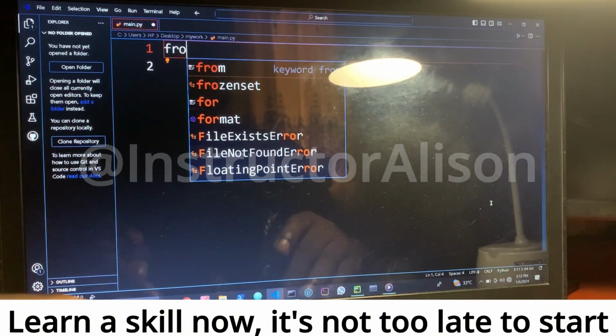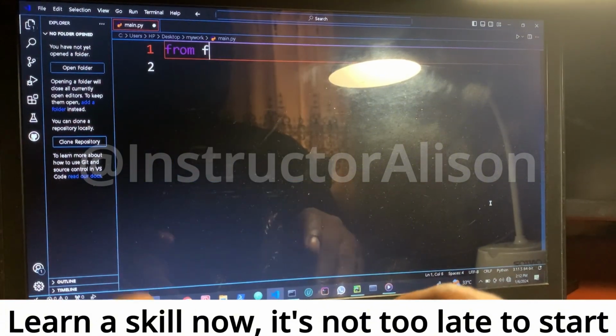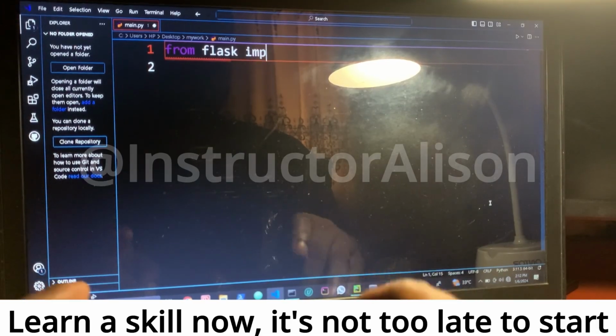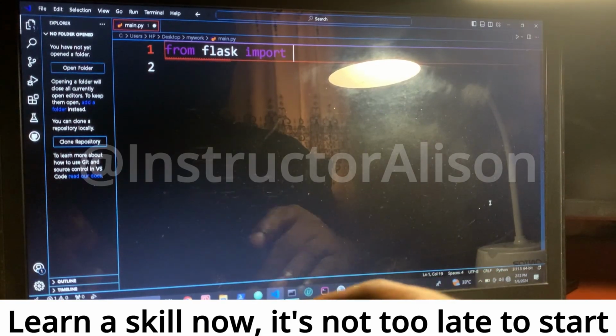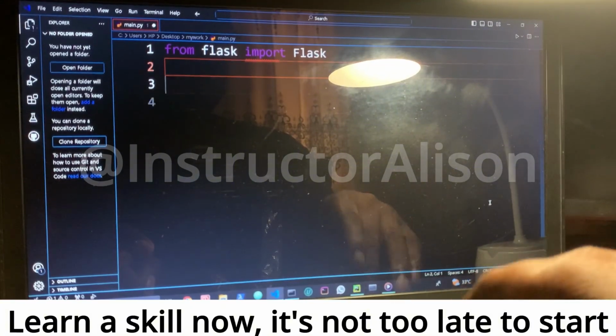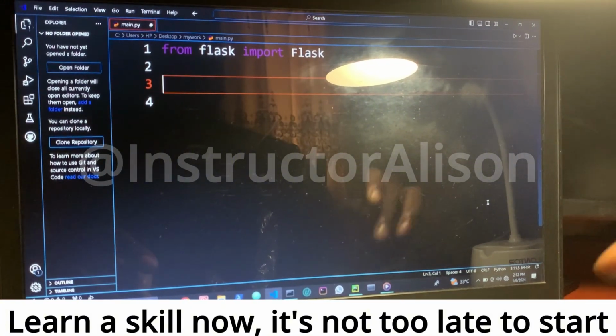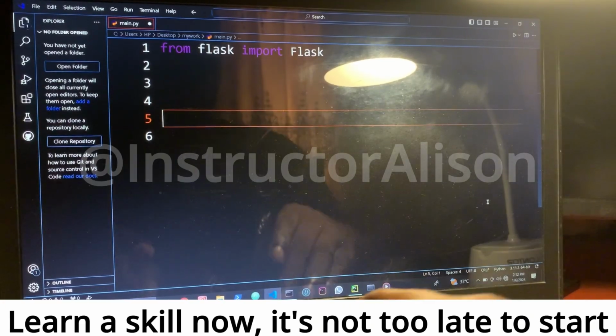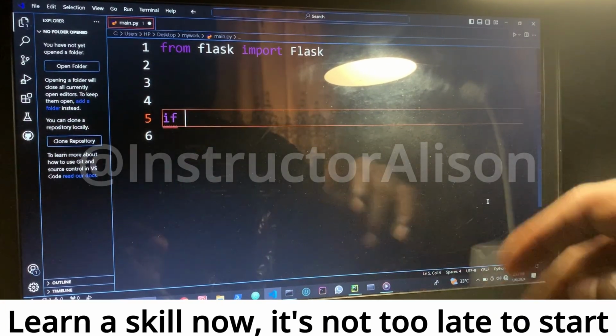I'll write: from flask import Flask. So after this, the next line of code is to write an if statement, and when you do this,